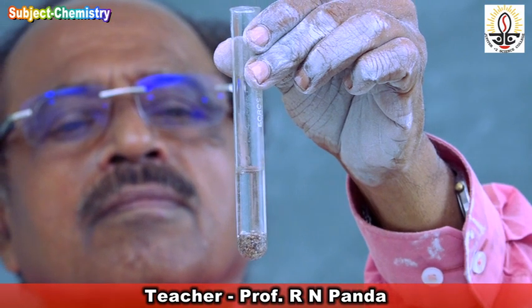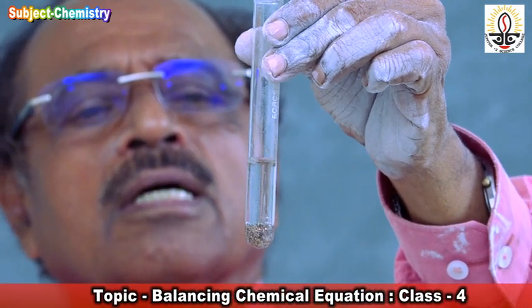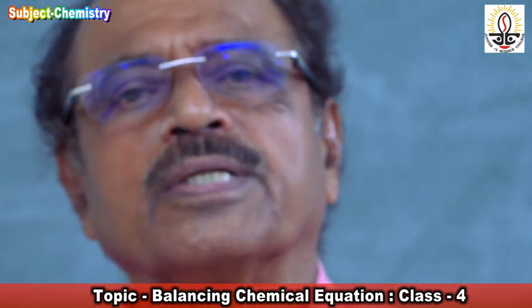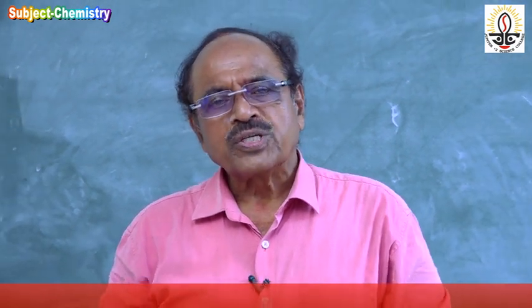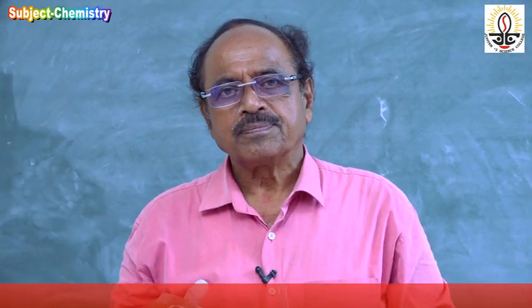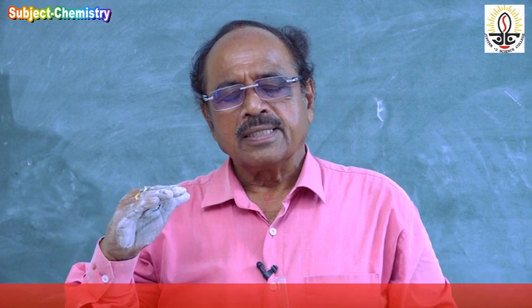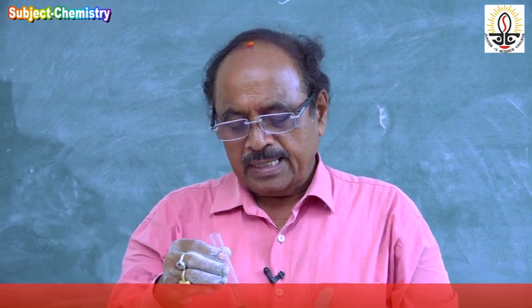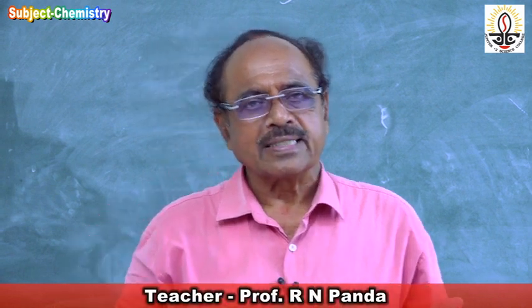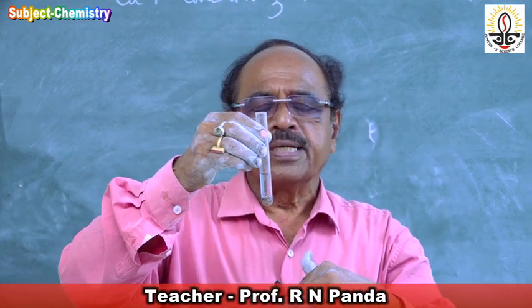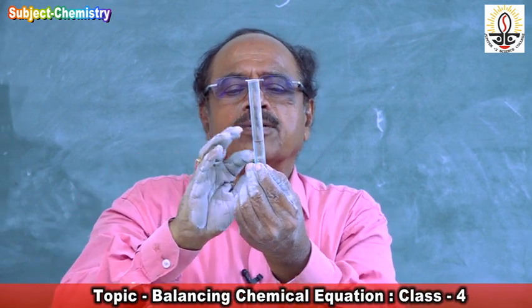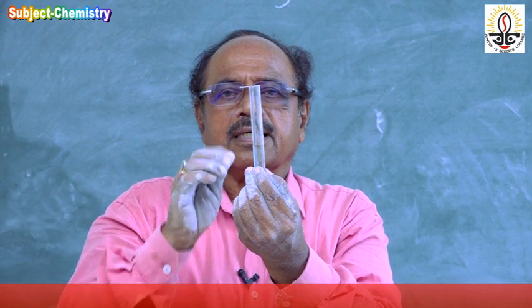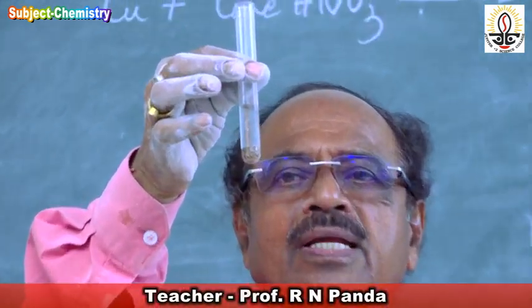Air bubbles are coming out, but copper does not react with dilute sulfuric acid, because all these metals are electropositive. Those metals which are above hydrogen in the electrochemical series displace hydrogen from acid. Copper is below hydrogen in the electrochemical series, so copper will not react with dilute sulfuric acid. It remains like that, nothing happens.